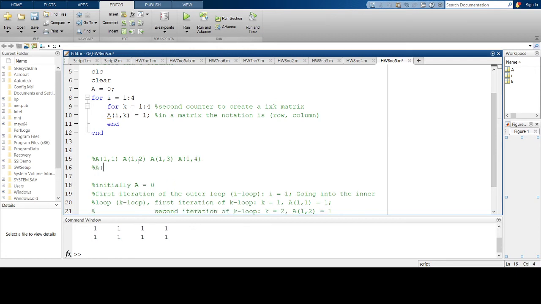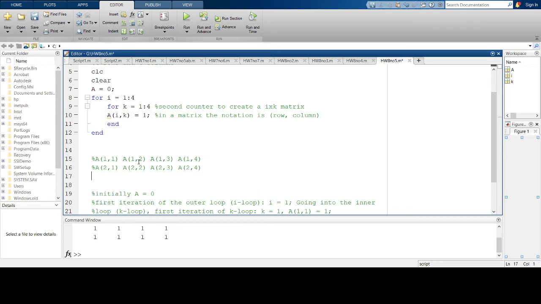Then I'm going to have the second row, A2 1, A2 2, A2 3, A2 4. My third row will be A3 1, A3 2, and finally,